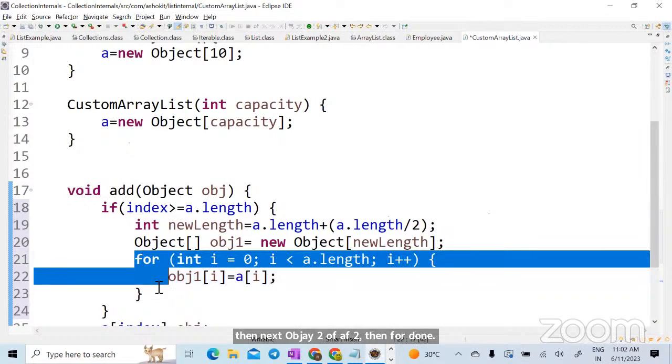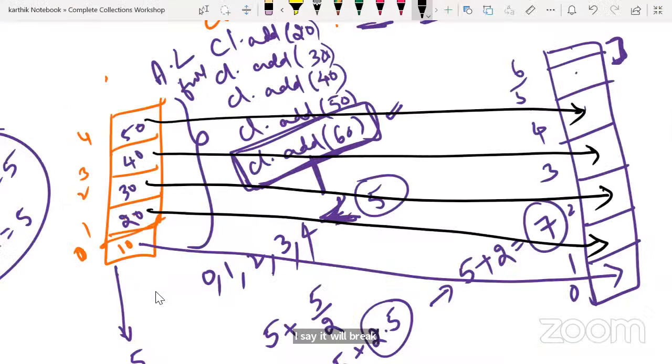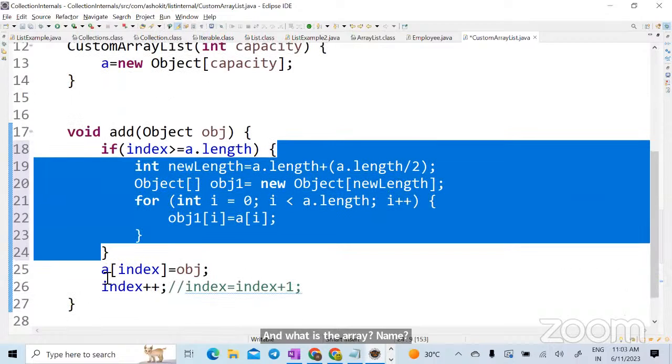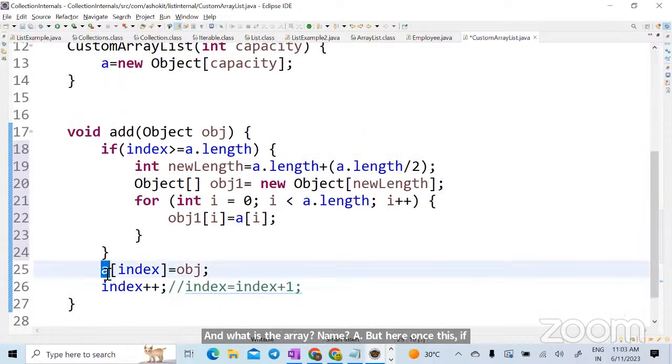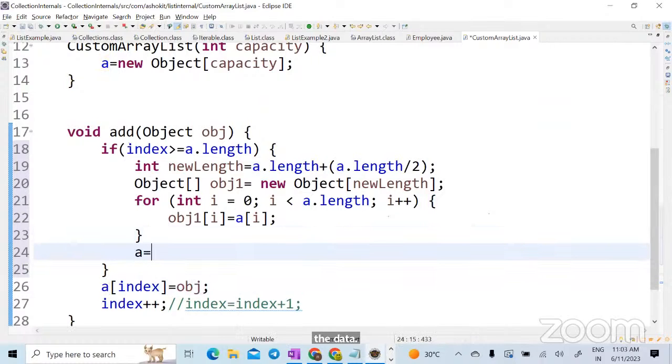break? Done. Yes. Once it is broken, then what you should do? You have the new space, correct? But what is this array name? obj1. And what is the array name? A. But here, once this if condition is done, to which array are you adding the data? A array. So that means, can I reinitialize the array? Correct? A equal to